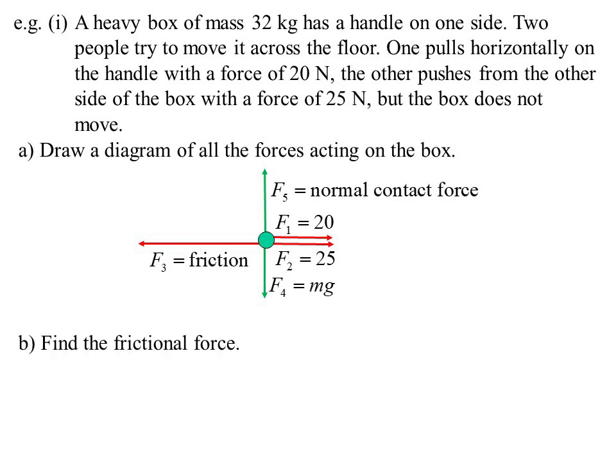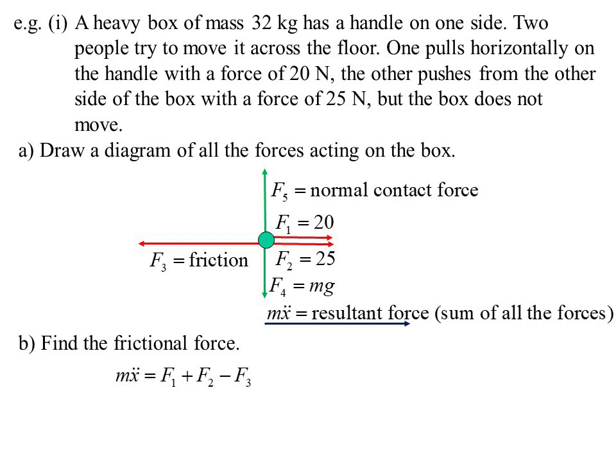Find the frictional force. As I say, we don't actually need the vertical forces to do this because everything's horizontal for friction. My resultant force I'm going to make going in the positive direction. So going to the right in my problem is going to be the positive direction. And I'm going to say the resultant force, the result of all the forces, we just write them down. What have I got? I've got friction 1 in the positive direction, friction 2 in the positive direction, friction 3 in the negative direction.